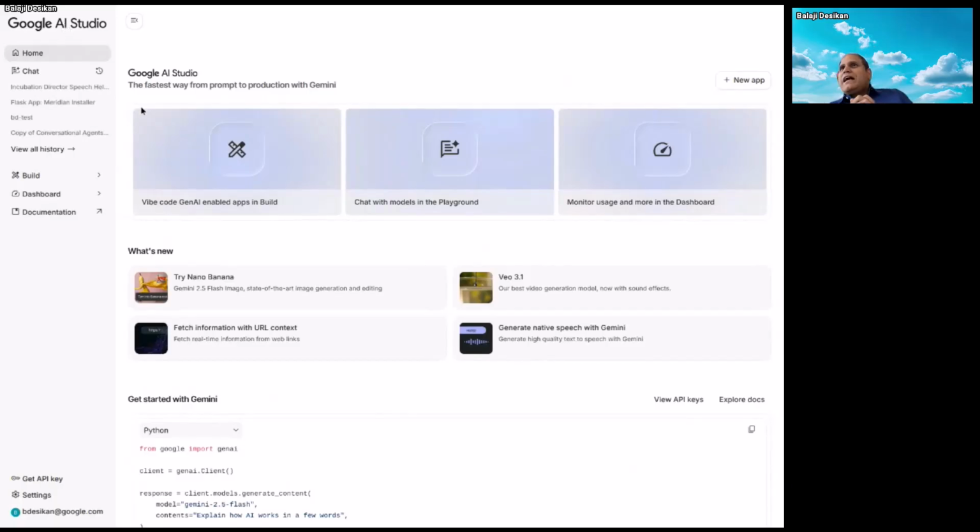So last week we did our vibe coding. So you could do vibe coding, Gen AI enabled apps. You could build with it, and then you could chat with models in the playground, and we have a monitor usage and more in the dashboard. So we will come back to this Google AI Studio. Let me talk about